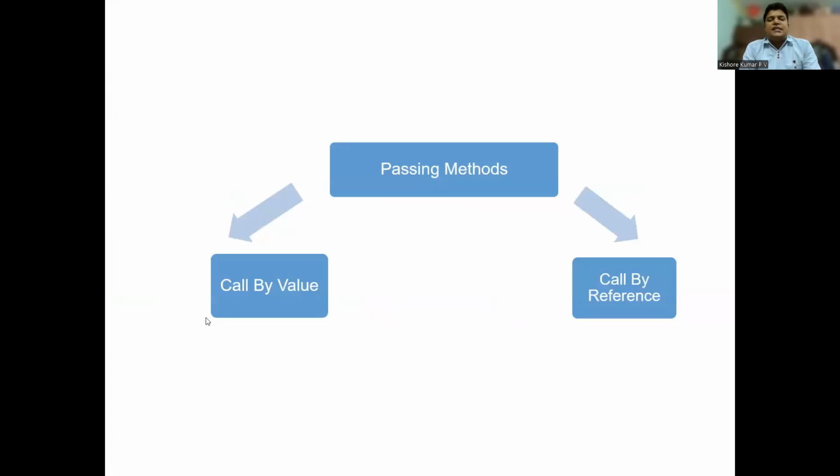We will see examples of call by value and call by reference clearly, along with some scope rules. There are 2 types of scope rules. Scope is nothing but the visibility of a variable, the region in which